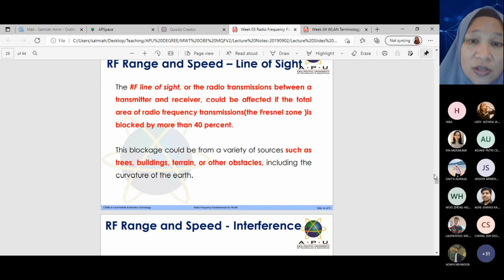The nature of radio frequency itself means it can be affected by issues like trees, buildings, construction areas, airports. We are looking at the behavior of radio frequency, where it can easily be affected by the availability of trees, buildings, or any other obstacles like an airport transmitter, and also construction areas, right? And even the curvature of the earth.